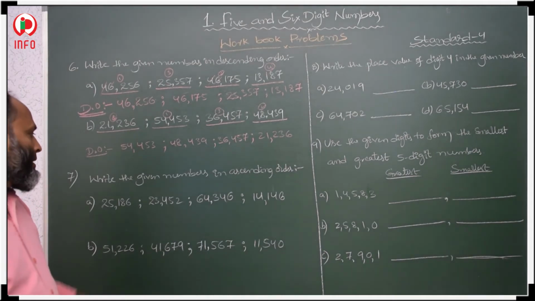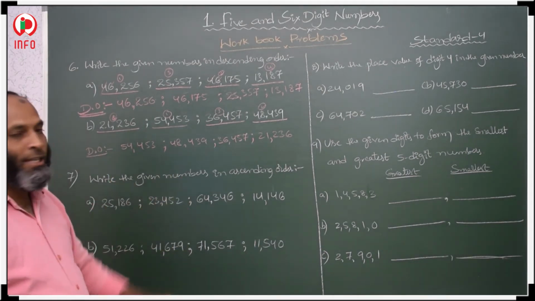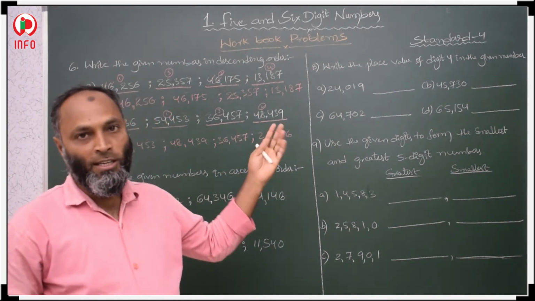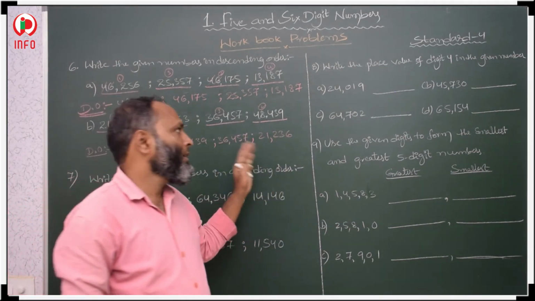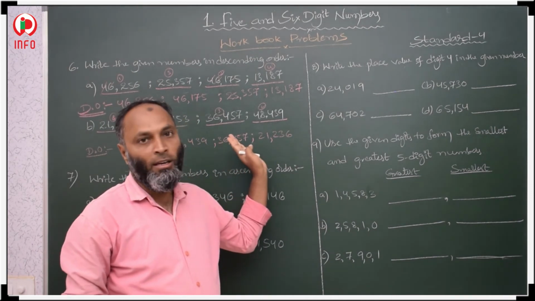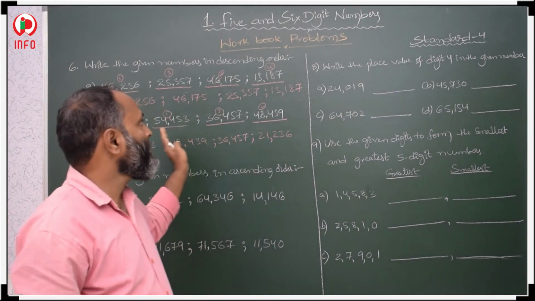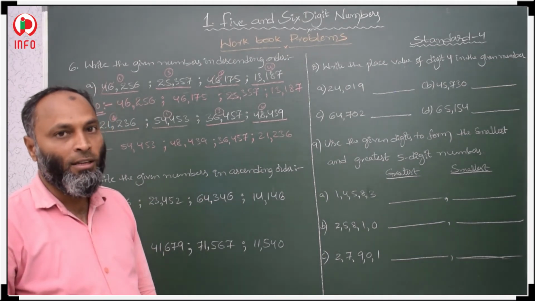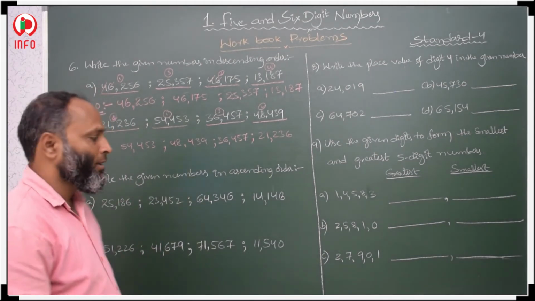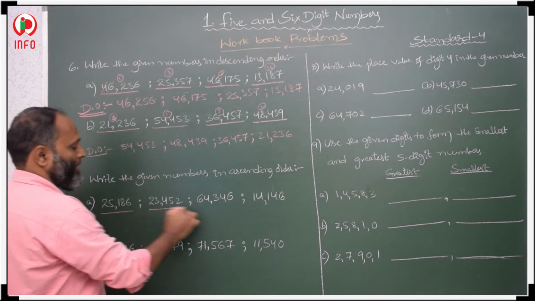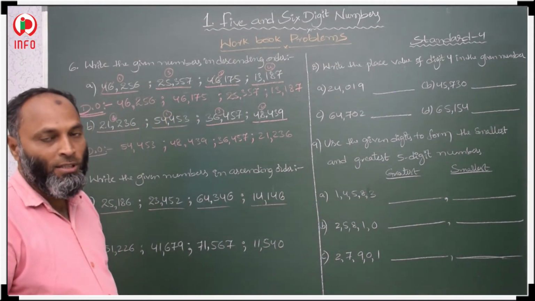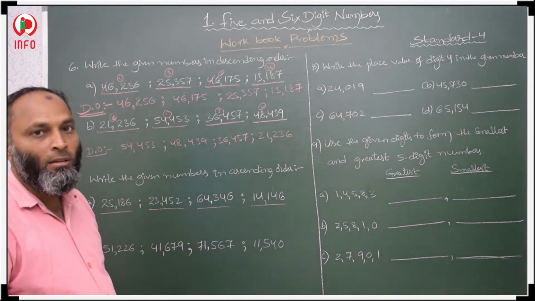Now, vice versa, the second question: ascending order, increasing order. So reverse of this, vice versa, these two questions are. Here we are arranging in descending order, which means decreasing order. Here we have to arrange in ascending order, increasing order. First we have to take the smaller. How many numerals are given here? 4 numerals are given. In these 4 numerals, first we have to check which one is the smallest.